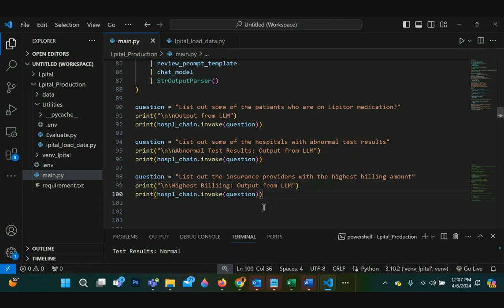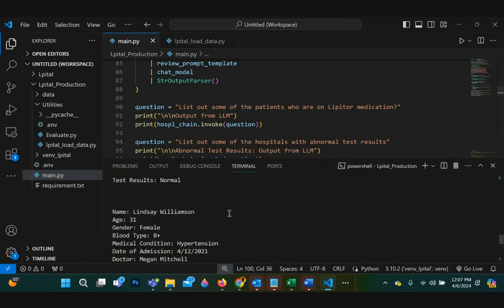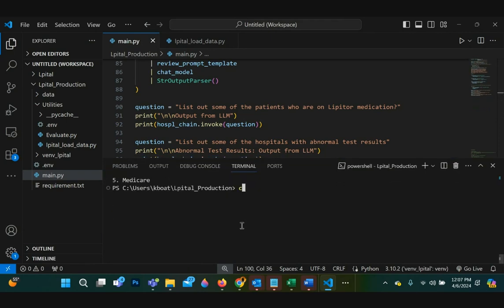Okay. All right, so I'll go ahead and run this app. So this is going to connect to the ChatGPT API, then do its thing.